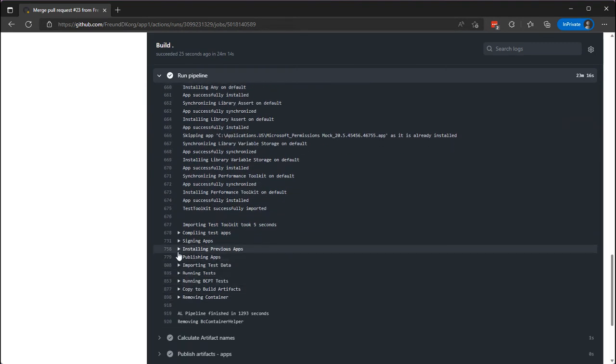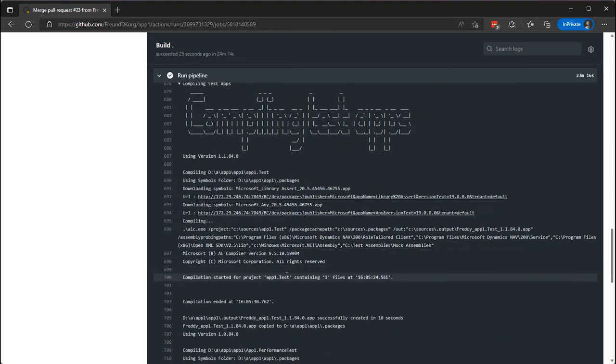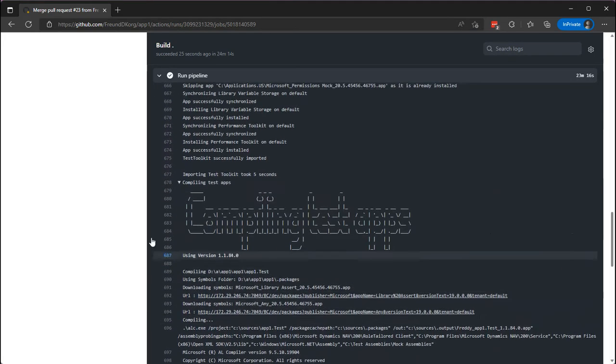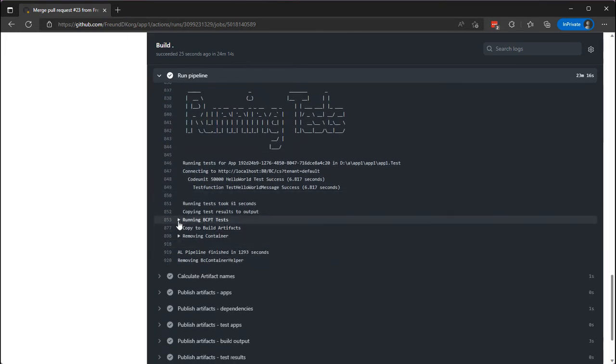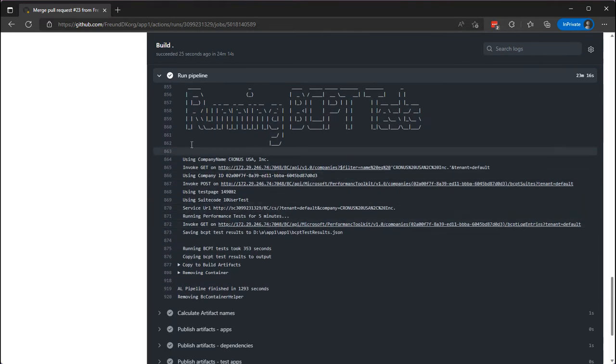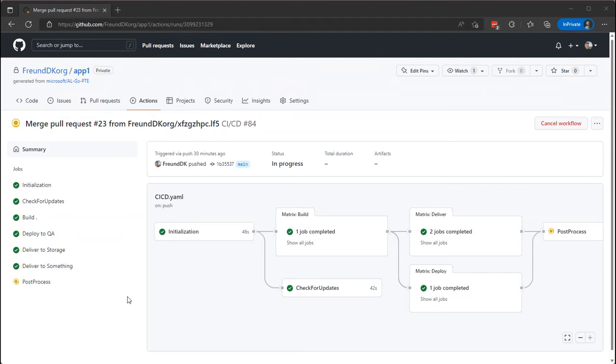Under compiling test apps, we will see that both the normal test app, app1.test, and the app1.performance test are compiled. And then we'll see running tests here, normal tests, and then running BCPT tests, which will run these BCPT tests for 5 minutes, as it's stated in the BCPT suite.json. So going up here, pressing summary,